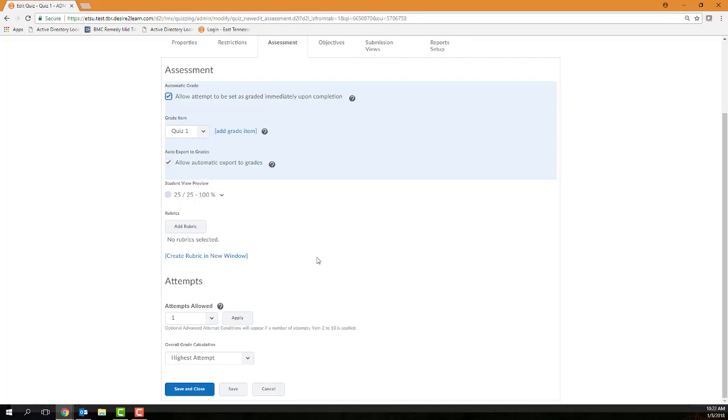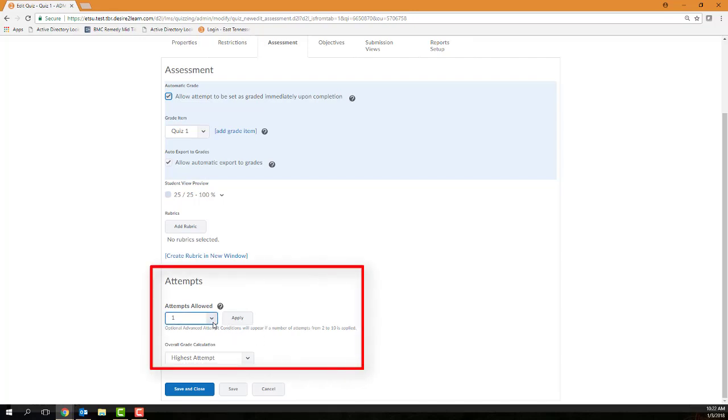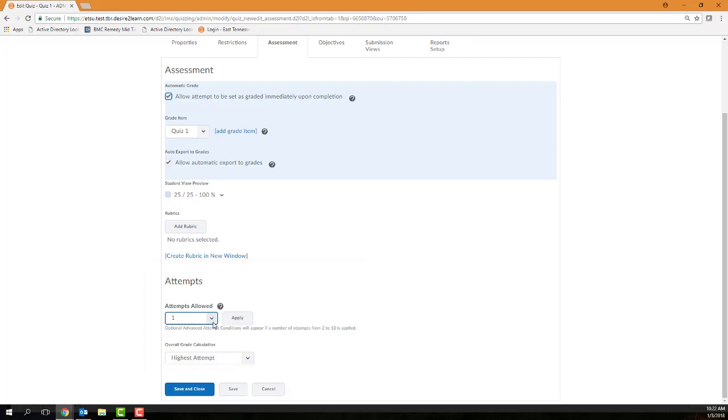The last option on our Assessment tab is Attempts. Now, you have the option to select a particular number of attempts, or you're able to select unlimited. If you select a number of attempts that's greater than 1, you'll also need to select a calculation method. Here, I'm going to select that the student has only 1 attempt,